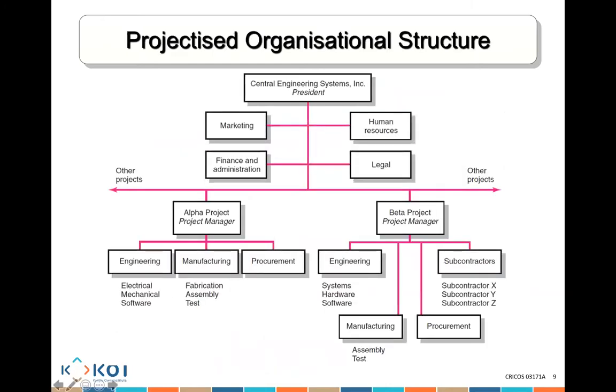So you see, you still have marketing, finance, HR, and legal, and these groups are no longer really the team that is doing the project. So it's not really coordinated through marketing or finance or HR or legal. You have a dedicated project team, project manager alpha, project manager beta. You have specific people working there, and it is very, very specific how you want to get the job done. So engineering, manufacturing, procurement, it doesn't matter.